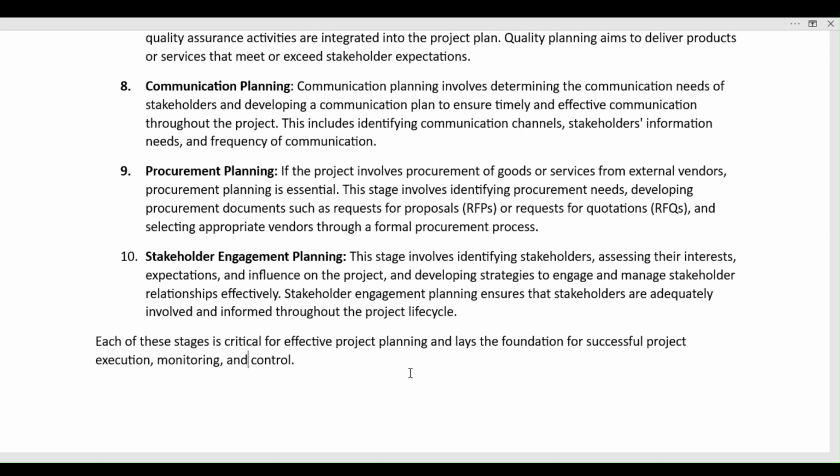Each of these stages is critical for effective project planning and lays the foundation for successful project execution, monitoring,